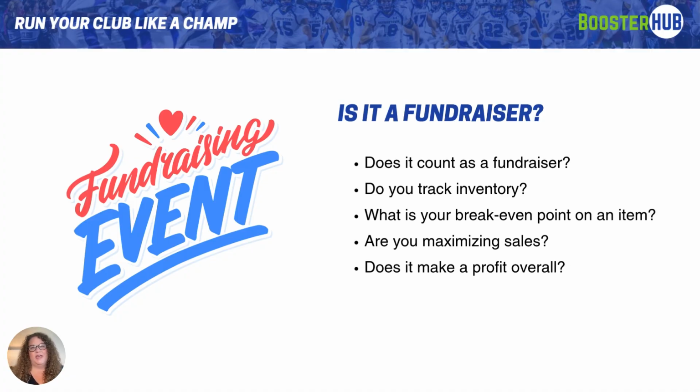But when you start paying an outside vendor per item, you need to know exactly how many of those items you have to sell just to break even. That's before you've even raised any money for the Booster Club. You're going to want to think about how to maximize sales. We've got some great strategies on how you can give a little boost to those sales with some communication tools